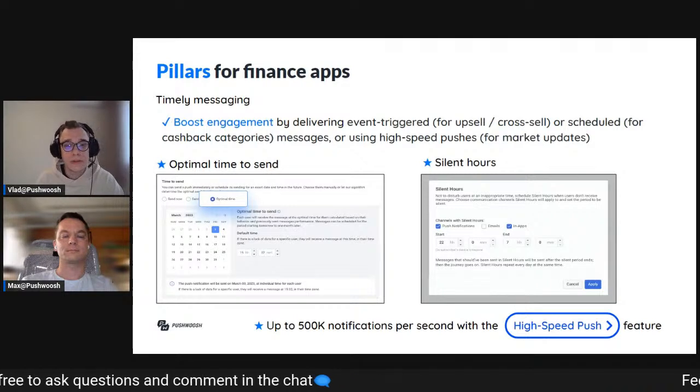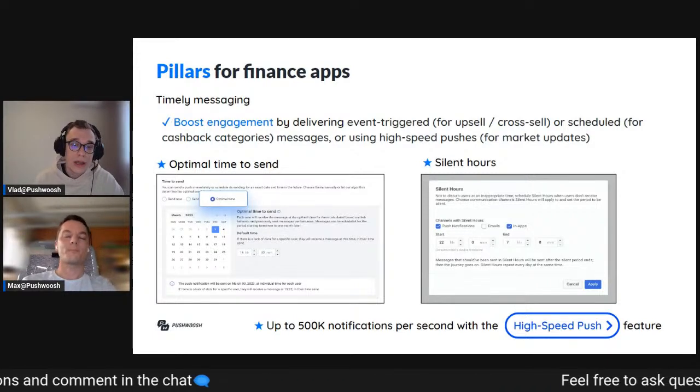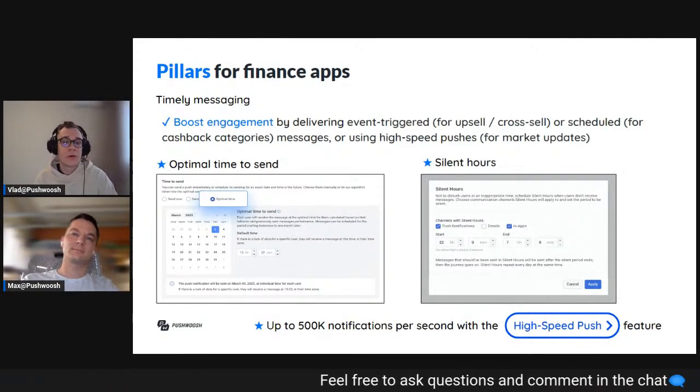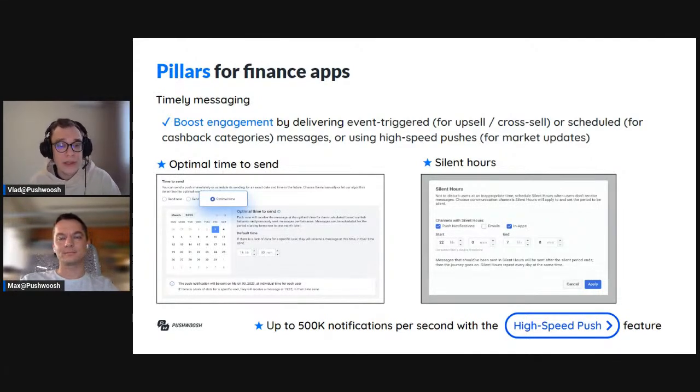This is a feature that we released not so long ago, and it collects the time when the user opens the application or opens the push notification that was sent to this application. Basically, we collect all this information regarding the time when the user most likely opened the application or push notification, calculate it inside our backend, and you have this sweet button when you're trying to schedule the push notification in our push notification form that allows you to choose this optimal time.